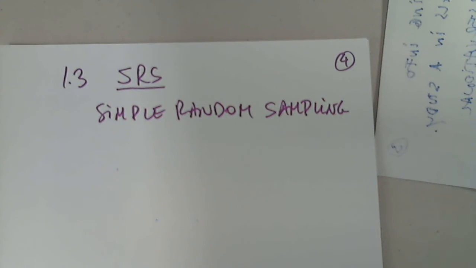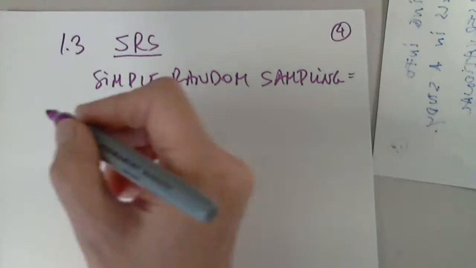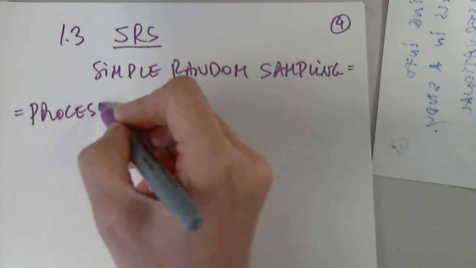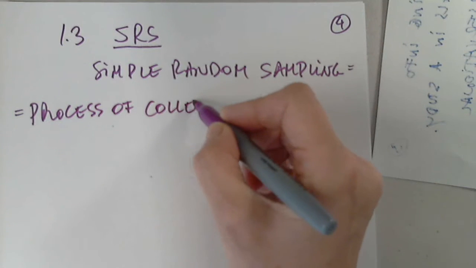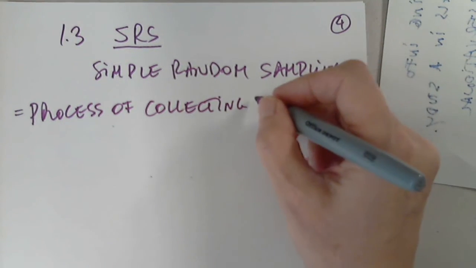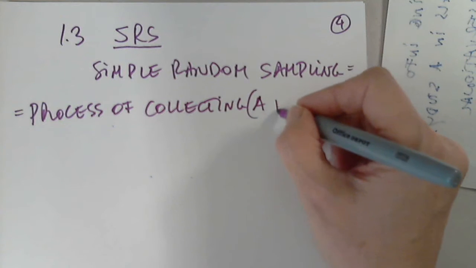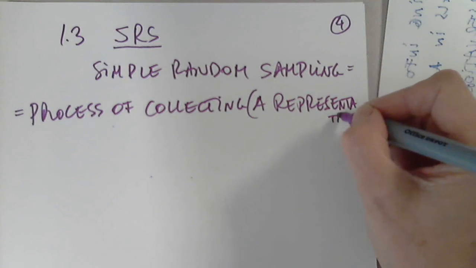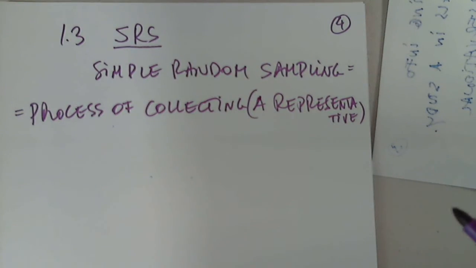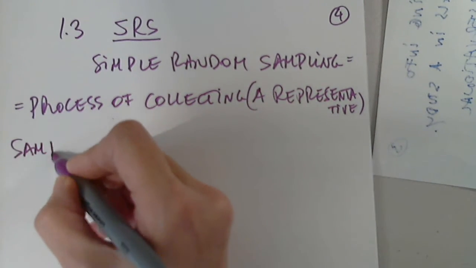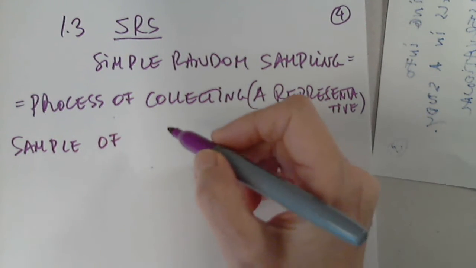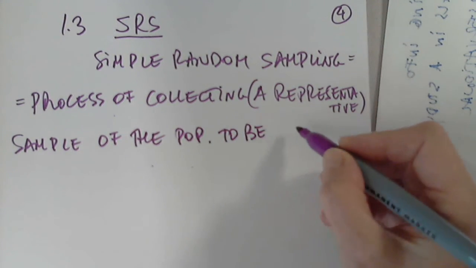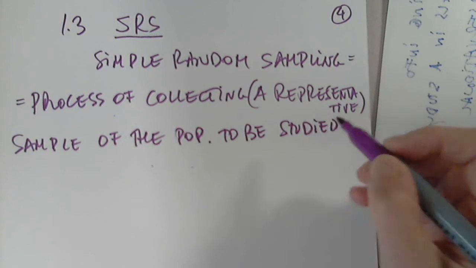Simple random sampling. So this is a process of collecting, what I like to say, a representative sample, a representative sample of the population to be studied, in which